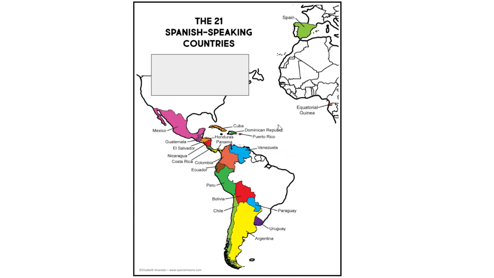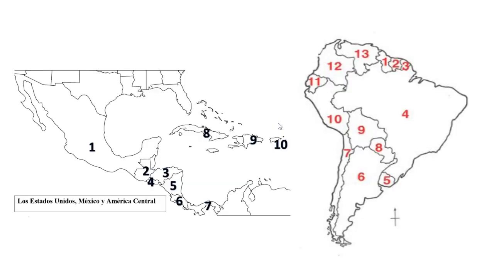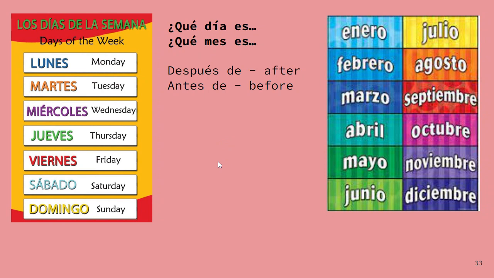Today, we're going to practice the 21 Spanish-speaking countries and capitals. And you should have received some maps here that look like these that you can pull out and take some notes on. I'm going to send over two links so you can listen to the Spanish rap of the Spanish-speaking countries and capitals of the world. They do go in order, so you can write on the maps, learn them, and next time we can practice with a little game that I have for that activity.